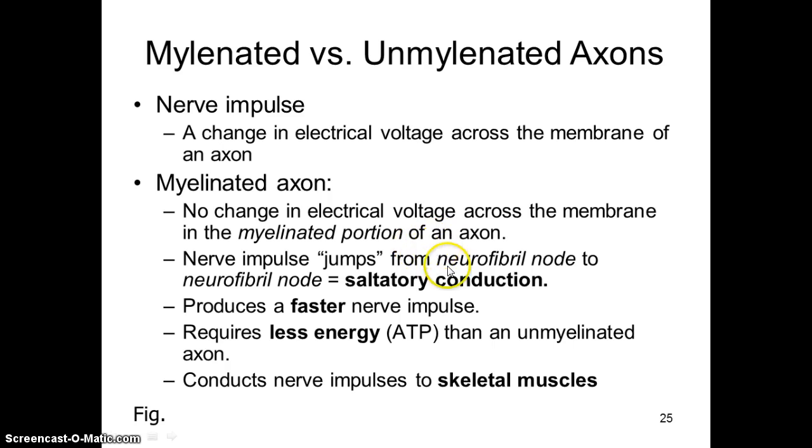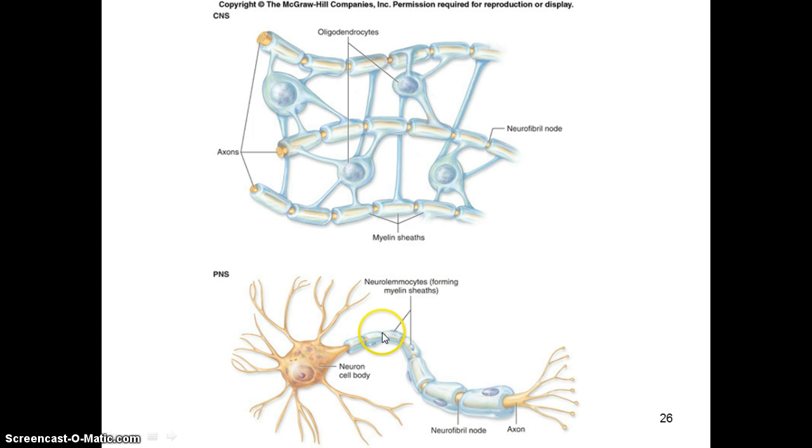So that allows the impulse to essentially jump from neurofibril node to neurofibril node along the length of an axon, whether we're talking about an axon of a motor neuron or any sort of neuron in the peripheral nervous system or in the central nervous system. And because it can just jump, these are quote-unquote jumps, from node to node, that type of impulse transmission is referred to as saltatory conduction. That sort of conduction has a faster rate of conduction or transmission because it has less of the cell membrane to actually